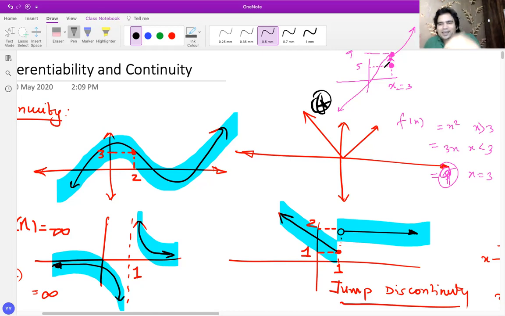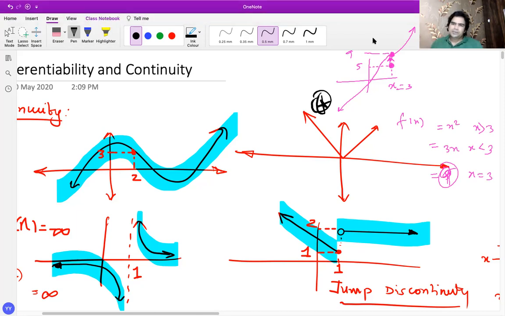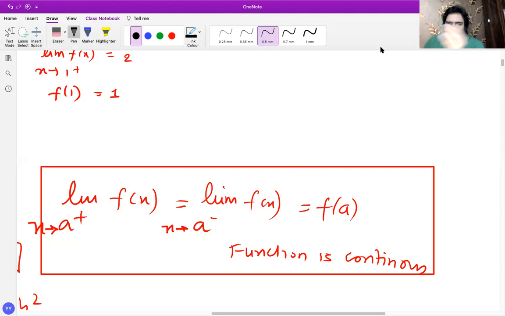But when you actually look at the limit valuation, or the value of the function, if just by moving one point up and down your graph can be continuous, then we call that a removable discontinuity. So for a function to be continuous, what we need to have is, for example,